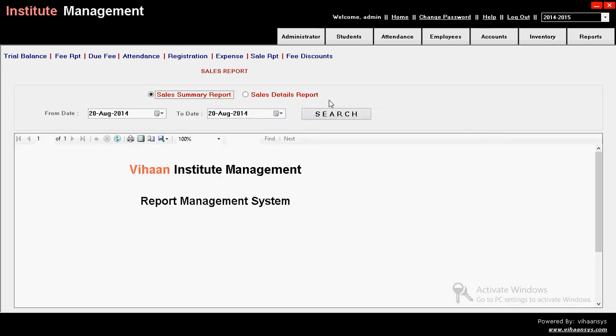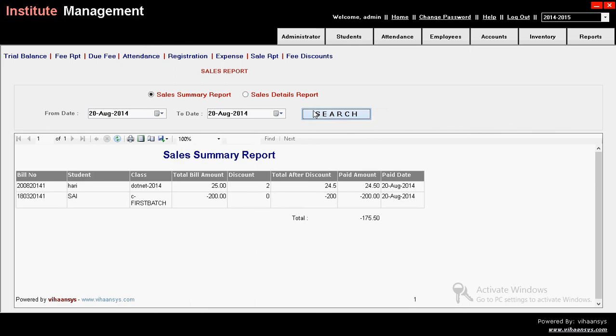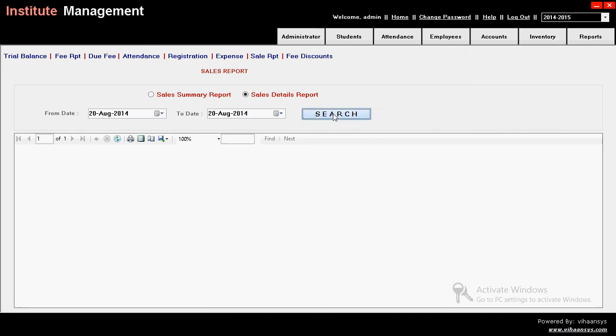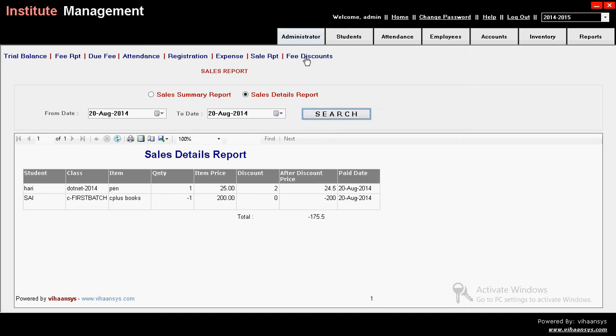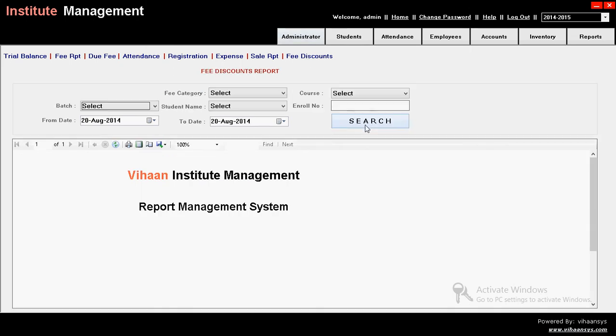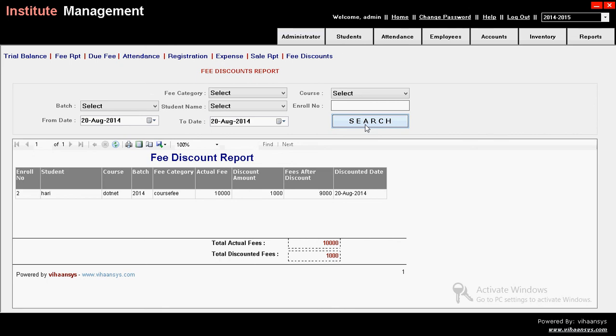And the sales report also, sales summary report, sales detailed report, and everything you can get here. Then fee discounts. If anybody has been given a discount on fee for a particular student, see, total discount 1,000 rupees, total actual fee 10,000. So this is the complete reports in this institute management software.